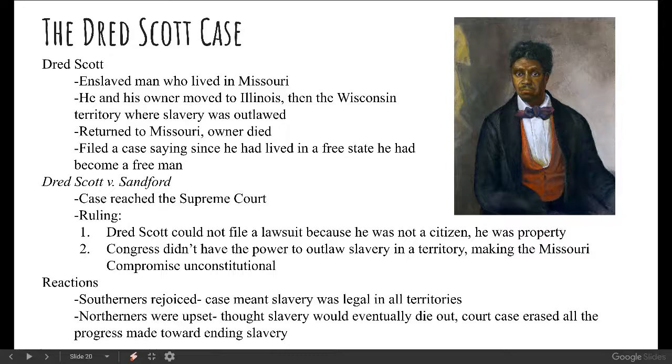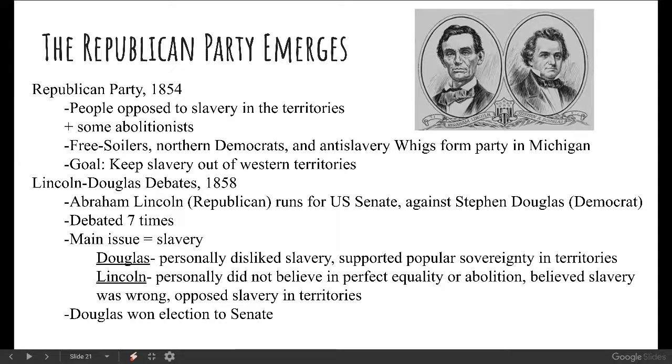And again, this is a step towards civil war. We have these sectional issues where we'd found compromises now being set aside, and so now it's just sort of North versus South, slavery versus non-slavery. Okay.